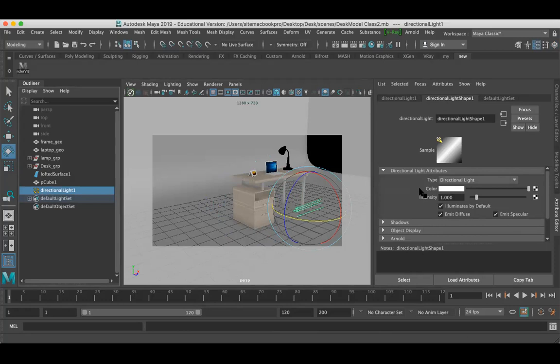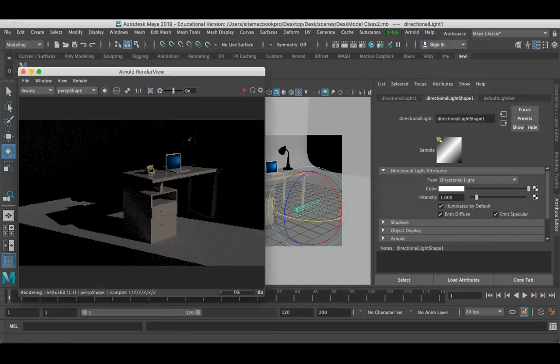Inside that, we are going to do some settings here. Before that, I'm going to hit render so that I can see the settings simultaneously. So now look at here, my directional light is selected. Now I'm not going to adjust anything over here. First, I have to set the mood. What kind of lighting mood do I need?